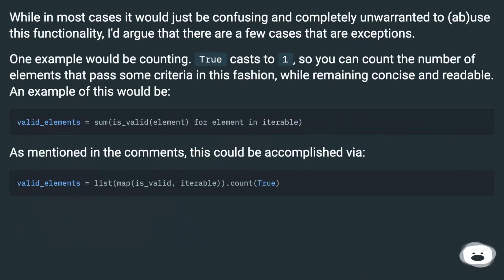While in most cases it would just be confusing and completely unwarranted to abuse this functionality, I'd argue that there are a few cases that are exceptions. One example would be counting. True casts to 1, so you can count the number of elements that pass some criteria in this fashion, while remaining concise and readable. An example of this would be,